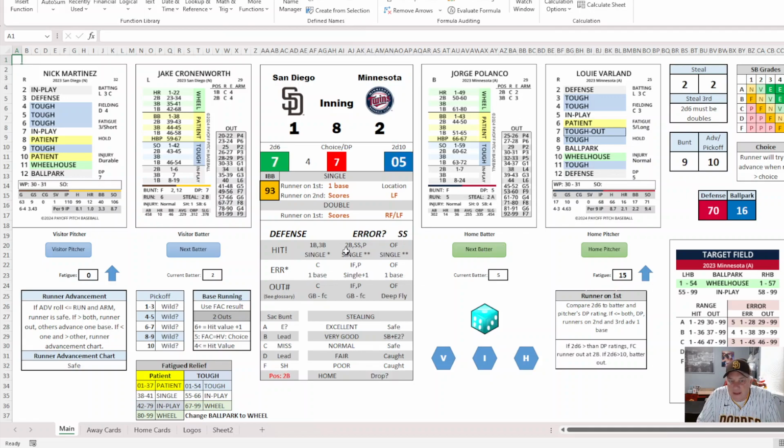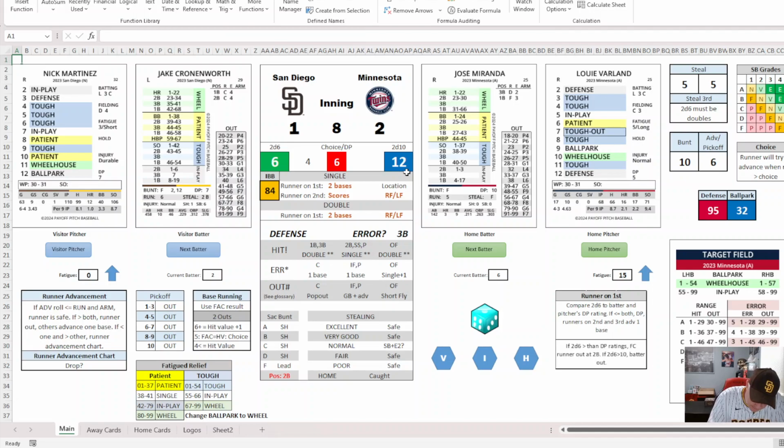Polanco in play. 5 and a double. It's his second double of the game. No, second hit of the game. Martinez giving him his third. He's got one more batter to face. Runner on second. Is he going to steal? Because that 2-2 could be a steal, but his rating is a 2, so he won't. Miranda up. 6, tough, strikeout. 2 down. So Martinez has kind of run his game there. He pitches 1.1 innings